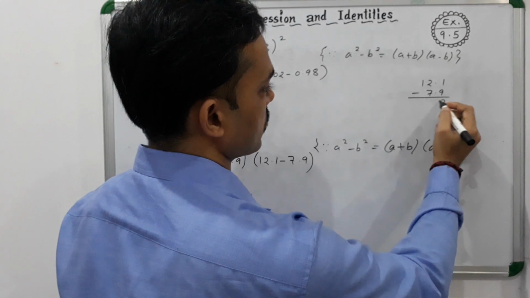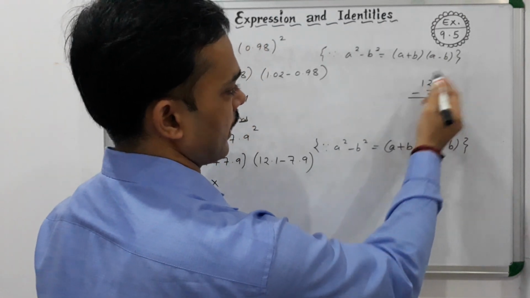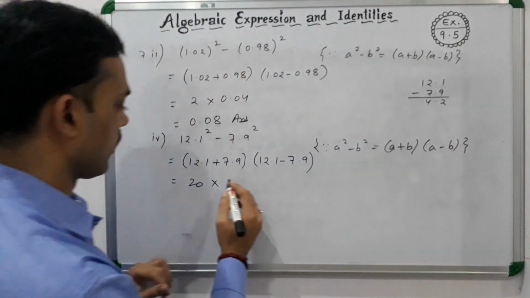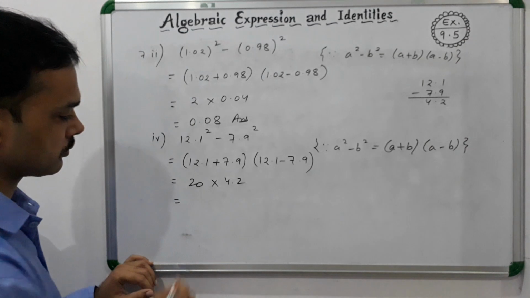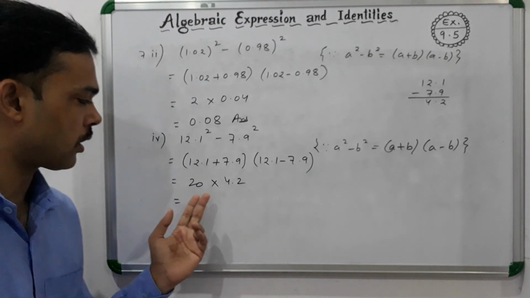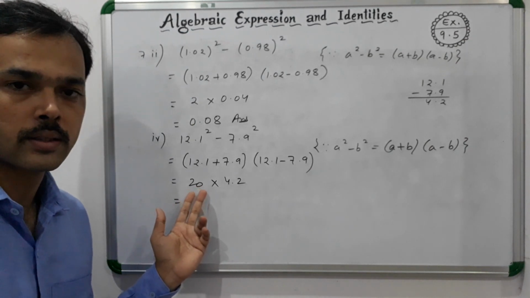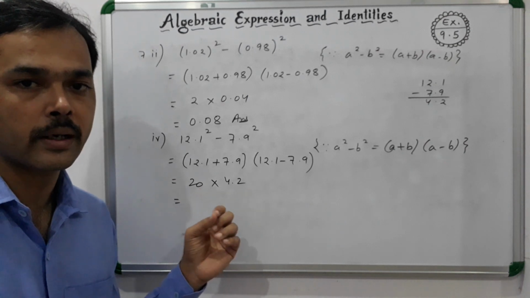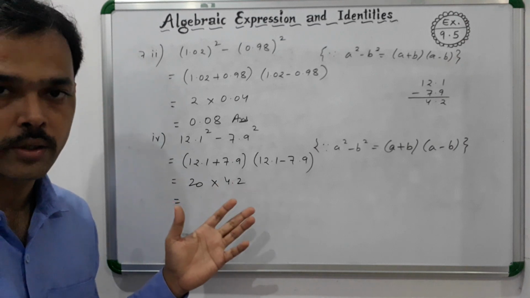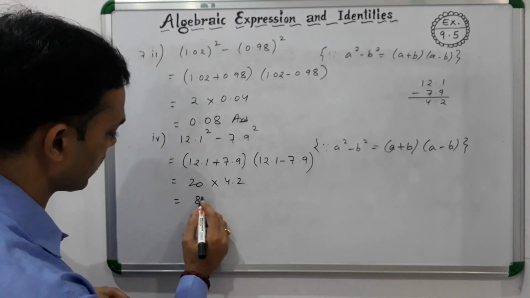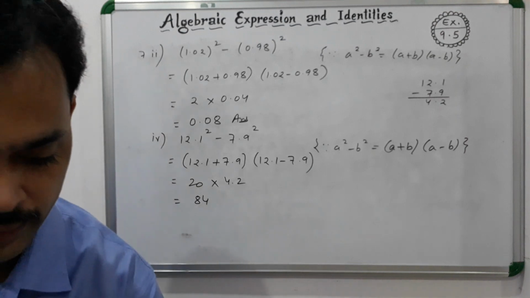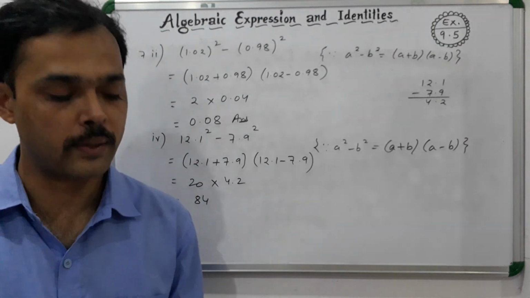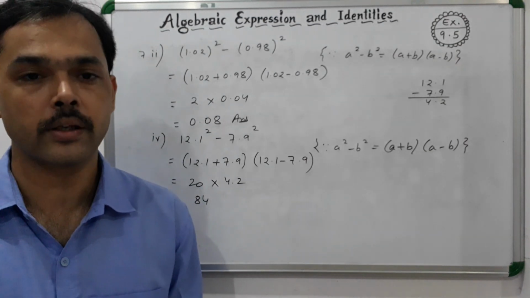When you add these two, 12 plus 8 will be 20. Now 11 minus 9 is 2, this has given carry, so it is now 4.2. Now we can also multiply. Let us segregate this as 2 into 10. If you multiply 10 and 4.2, you will get 42, and 42 into 2 will be 84. In this way, 84 will be the answer. So with this, I hope that question number 7 is clear to you people.